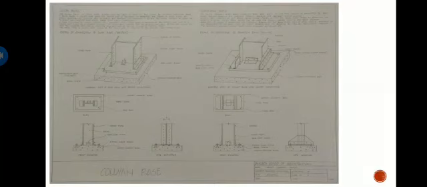Coming to the gusseted base. For columns carrying heavy loads, gusseted bases are used. In this type, column is connected to base plate through bearing and partially through gussets. As we can see in the diagram, gussets are connected by butt welds. This gusset plate stiffens the base. So this is an isometric view of gusset base with bolted connection.